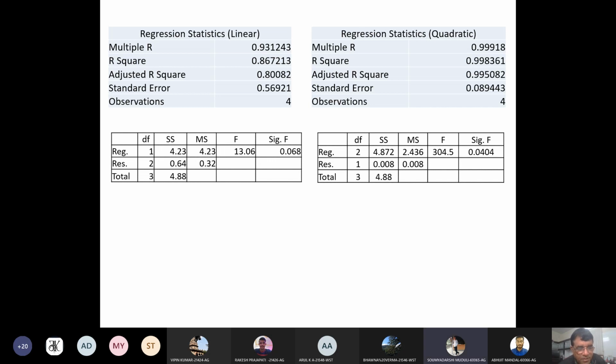So degree of freedom is basically the path in which the data can move. For linear, it can only move in one way, so that's why the freedom is one. One way means in a straight line. But for quadratic, it is curvilinear, so it can go either to the right or left, like one side east-west and another north-south. So that is 2 in nature.